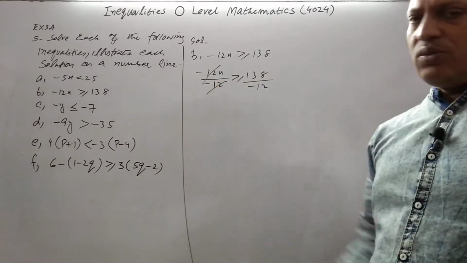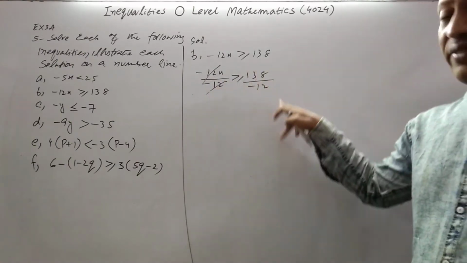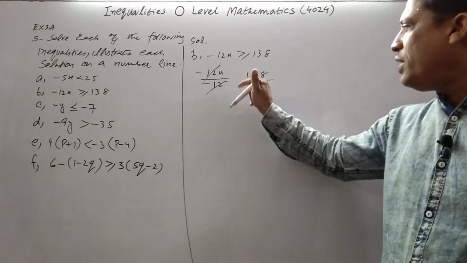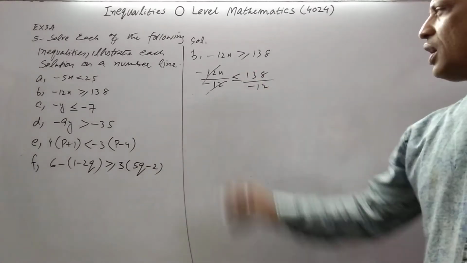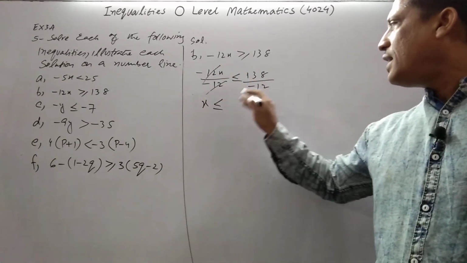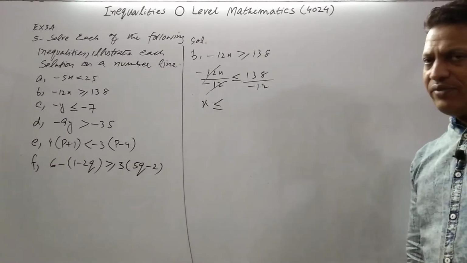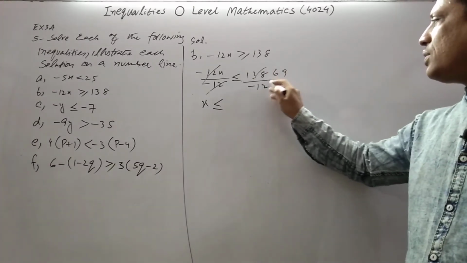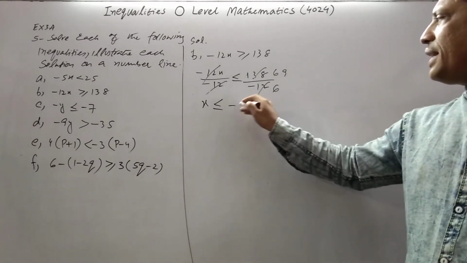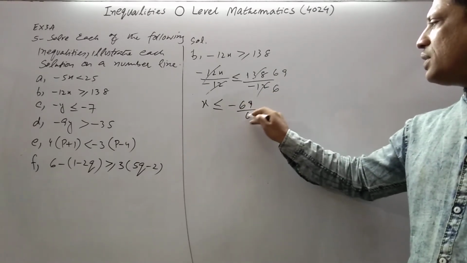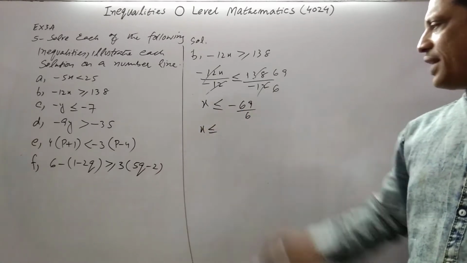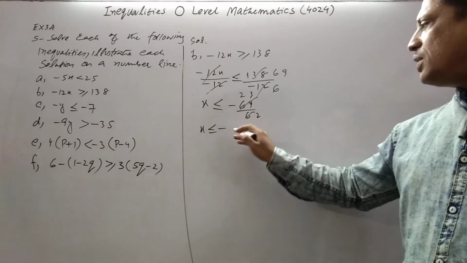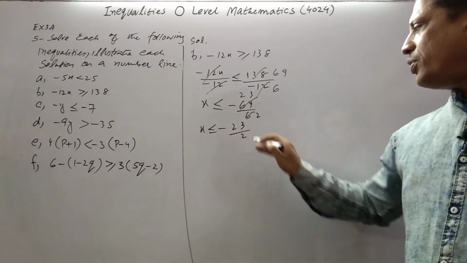Minus 12 cancels minus 12, and because we divide both sides by a negative number, the sign of inequality should be flipped. Here x less than or equal to, cancel 12 and 138, 2 6 2 9 2 6, minus 69 upon 6. Moreover, if I cancel this, 3 2 3 3 3 2 6, minus 23 upon 2,